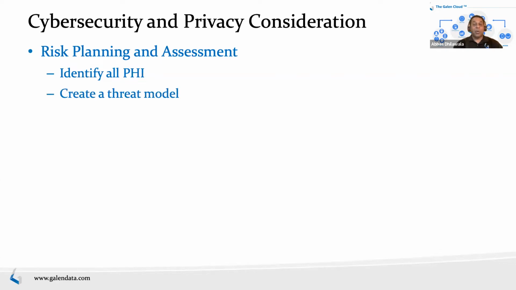Do threat modeling. What threat modeling does is essentially identify risk not only from a device perspective, but from the environment itself. So it's not what can go bad in the device, but what can go bad in the device if it is connected to, let's say, a user's home Wi-Fi, which may not be very secure, or if it's connected to a hospital network that has 20 other devices whose security may be questionable at best. So you have to consider the environment aspect of where it's deployed, how it's operated, who the users are, and how sophisticated they are.